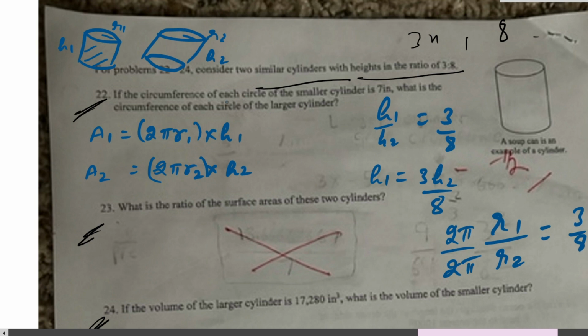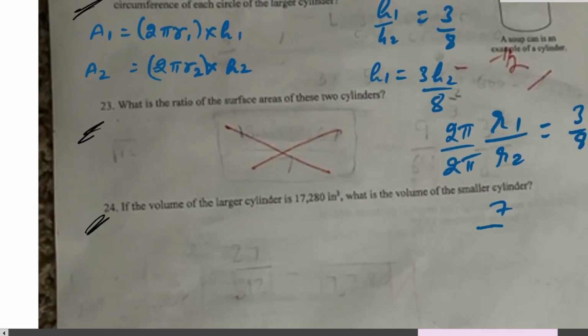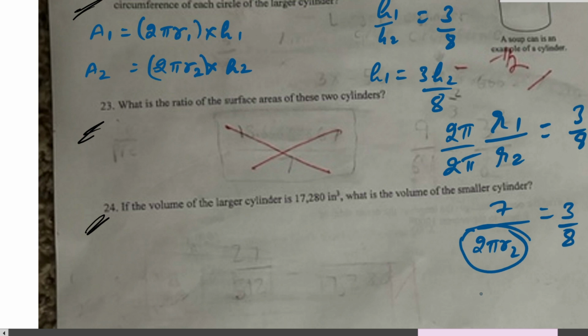And then the circumference of each circle of the smaller cylinder, which is this 2 pi r1 value, is going to be 7. So 7 over 2 pi r2, this is the circumference of the larger circle that we want to determine, is 3 by 8. Now if we cross multiply and solve for this 2 pi r2 value, that is going to be 7 times 8, which is 56 over 3,